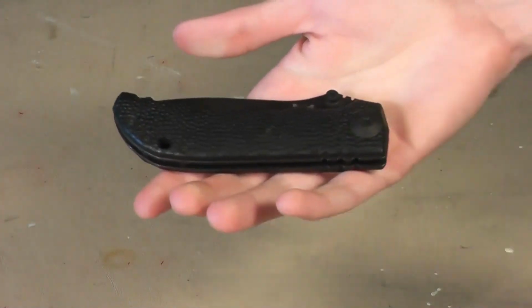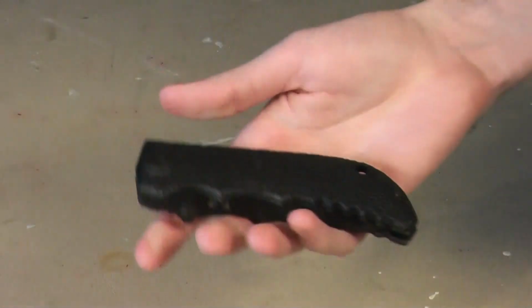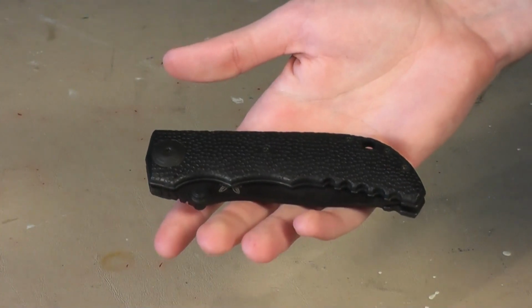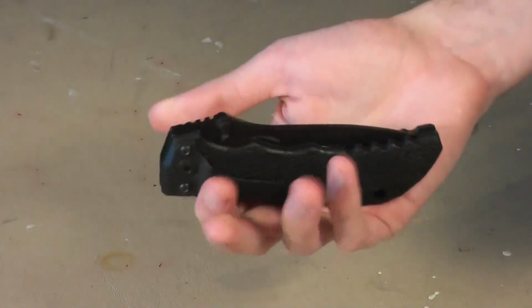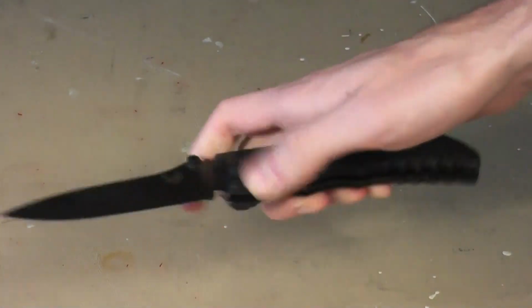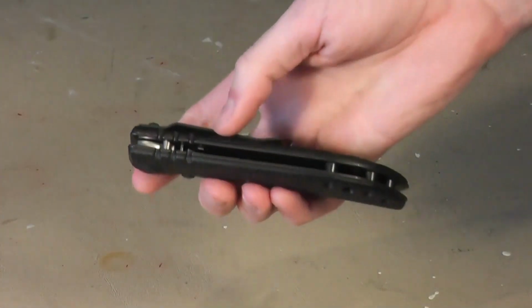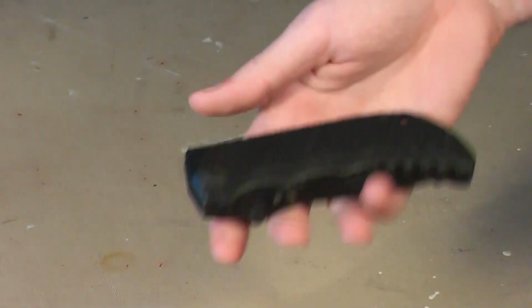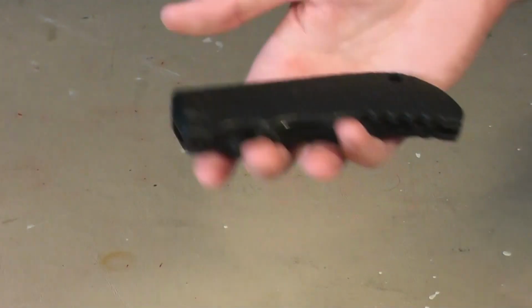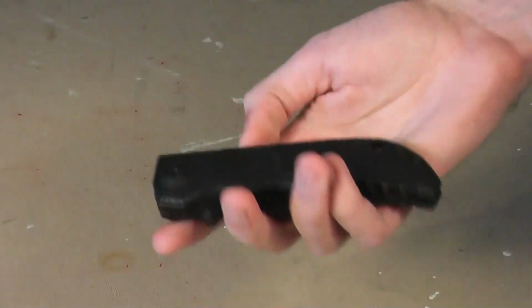Okay, we have a very special Benchmade. This is actually modeled after the Lone Wolf D2. This is named the Benchmade NTK or the 5800. Benchmade supposedly never actually released these. This was a dual action knife. You could open it up with a thumb stud, or you could press a button in the handle right here. I actually had to take the spring out because it was firing without me actually pressing the button. So it is really a manual knife now,